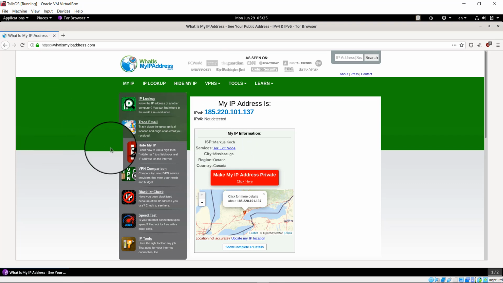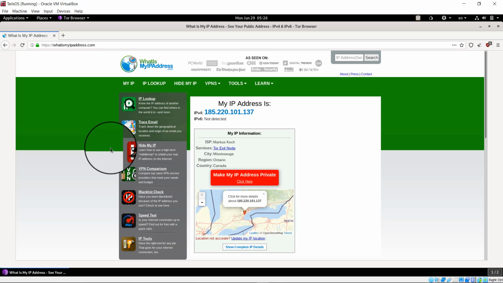So you can easily surf deep web using this operating system, and if you want to be anonymous, you can use this operating system because this is one of the best operating systems that is meant for privacy and security. So you can use it, surf deep web, darknet and everything like that.